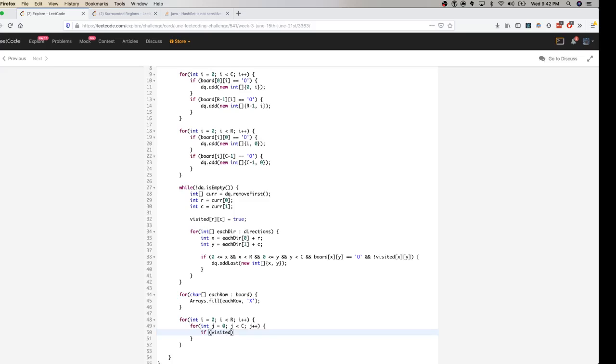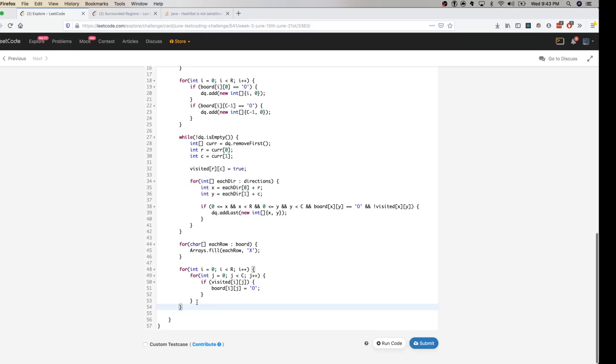If you have already recorded that this position has to have an O, then you could check if it's been recorded in the visited array. So if it's visited previously, then this should probably be an O, right? So that's the change which I'm going to make now.